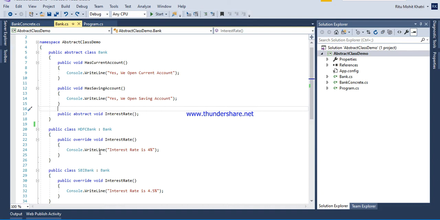As per our example, in the abstract class there is a Bank, handling multiple banks like HDFC Bank and SBI Bank. These two banks have some features common and some different. These two features were common for both banks: has current account, has saving account. Both banks open a current account and a saving account. But when it comes to the interest rate, HDFC Bank offers 4% and SBI Bank offers 4.5%